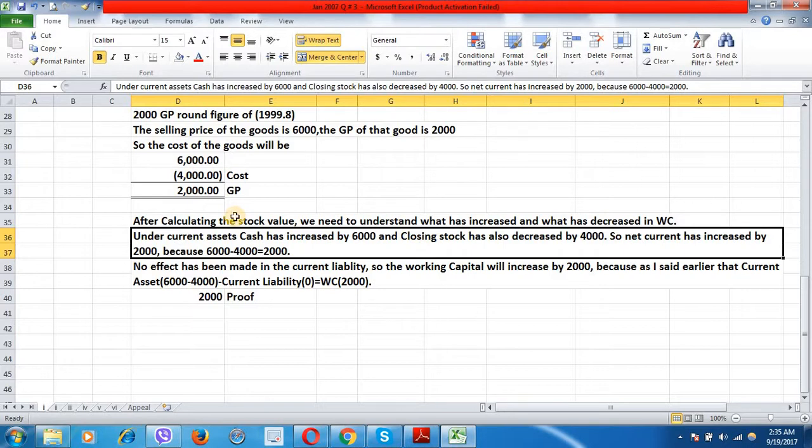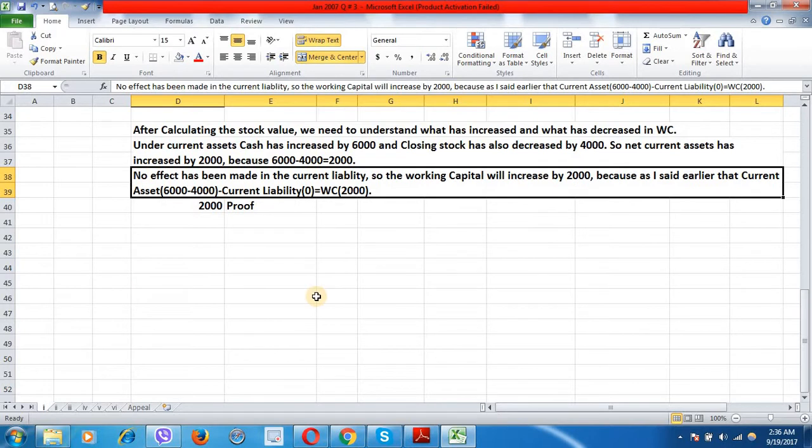We have to find it out here. So net current assets has increased by 2,000, because cash increased by 6,000 minus stock decreased by 4,000. 6,000 minus 4,000 equals 2,000. No effect has been made in the current liability, so the working capital will increase by 2,000 net, because as I said earlier, current asset, that is 6,000 minus 4,000, minus current liability, which is 0, equals working